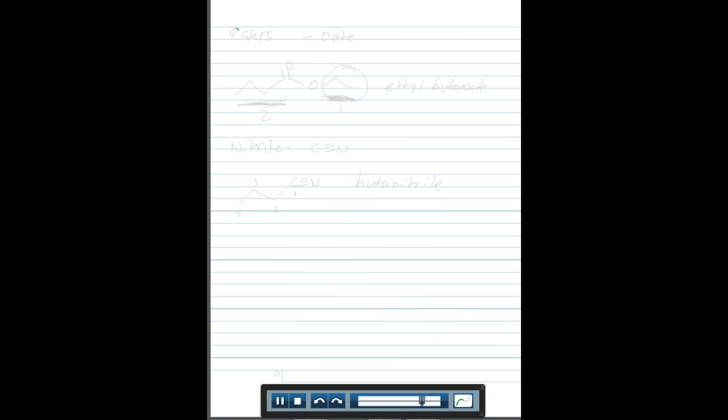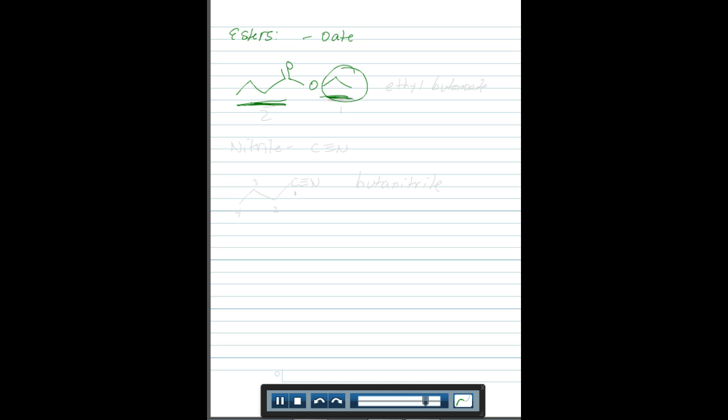Next group is esters. Alright, esters end in oate. In an ester, you have 2 parts to an ester. You have the carbonyl part, and then you have the part hanging off of your oxygen. So here's the carbonyl part, and here's the group hanging off your oxygen. You need to tell the reader what this group is, because that could be any possible group. Then you name the rest of it